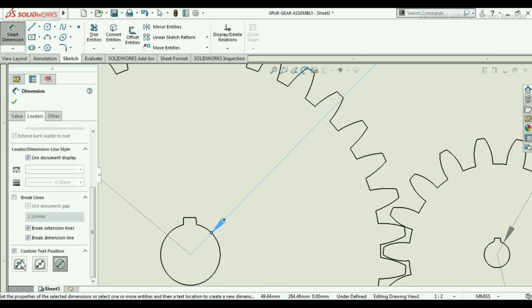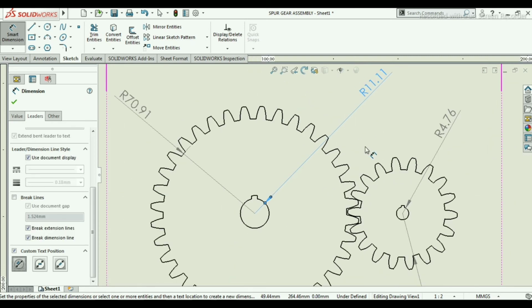According to your text position you can add this also. So the text position is changing. So I am keeping this text position.